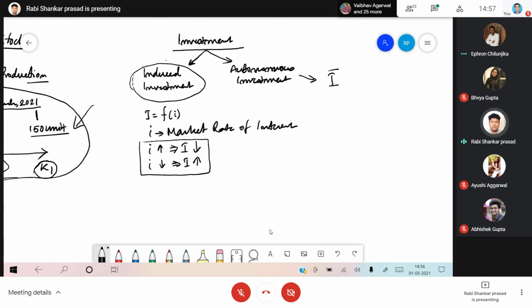Take one example. Suppose government wants to invest in the education sector, and suppose government decided to set up a college or any school. A school or college is the investment that the government can make in that particular year. The moment government adds one more school or college, it means government invested. And for why? For the production of educational services.